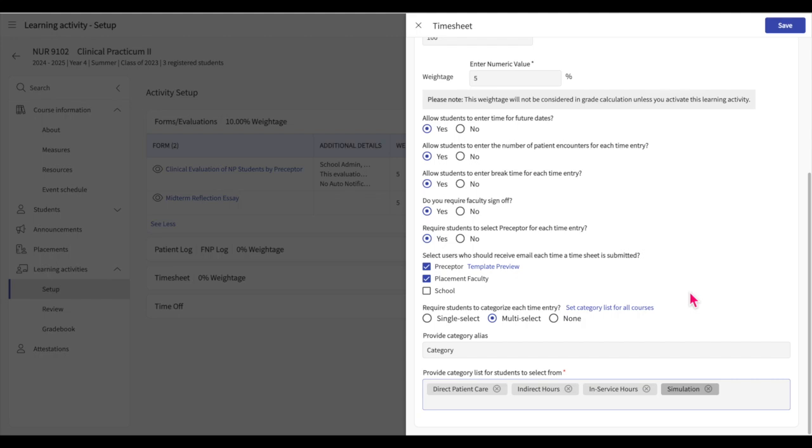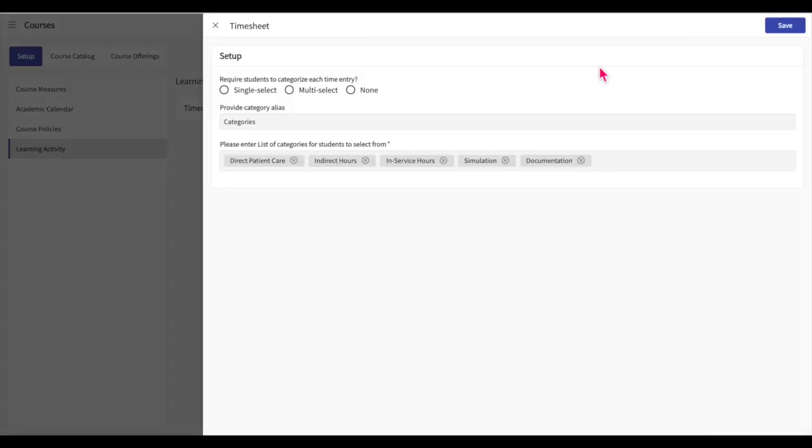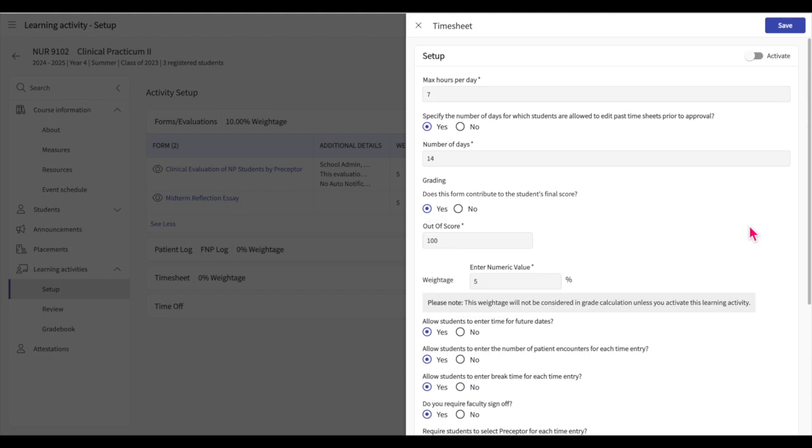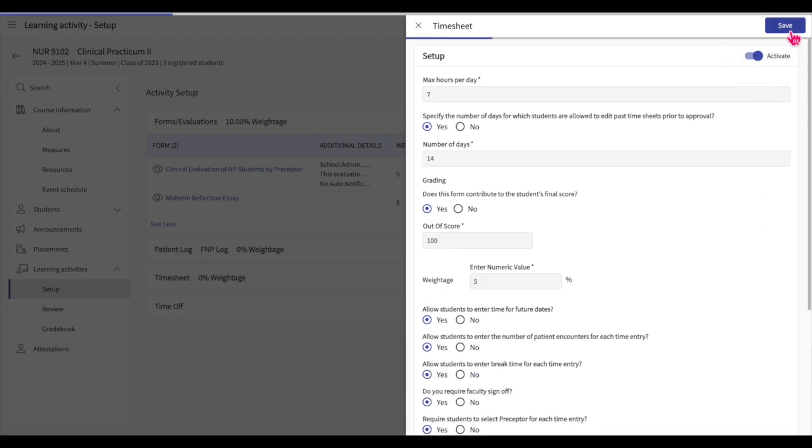Please note that if you have set up the timesheet category section when you set up course options, then the category alias and category list will already be filled. If this is the case, you can always change the timesheet category options here. However, changes to the category options in this section will not apply to all course offerings. Click on the Set Category List for all courses hyperlink to make changes to the category list options for all courses at the same time. Once you are finished, be sure to toggle the Activate bit and click on the Save button to activate timesheets